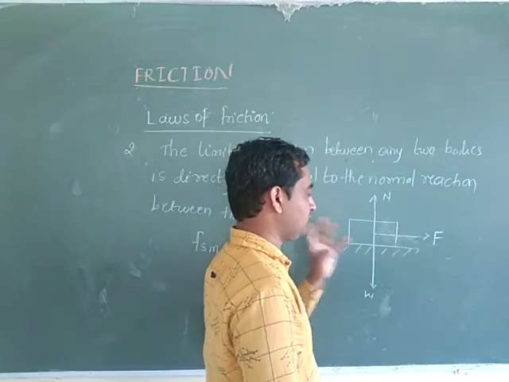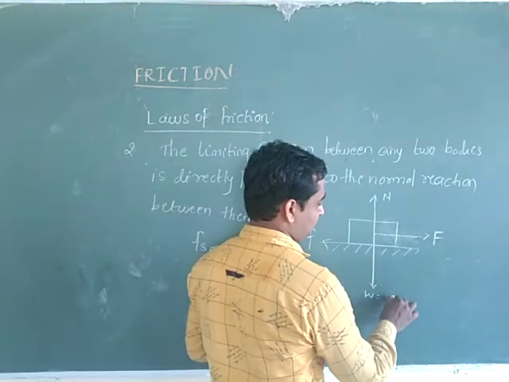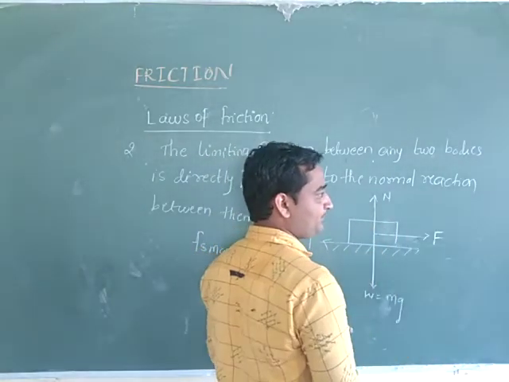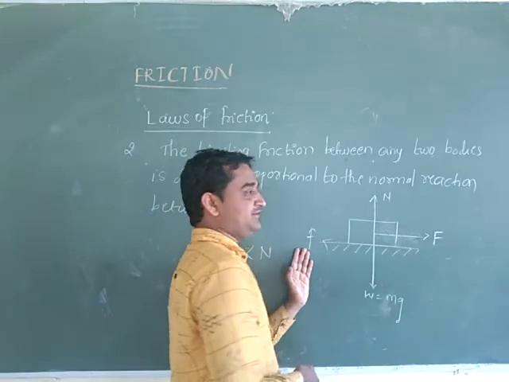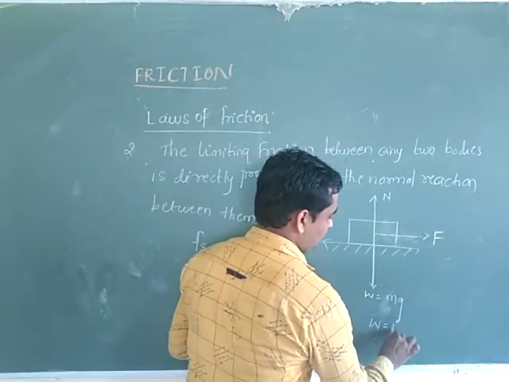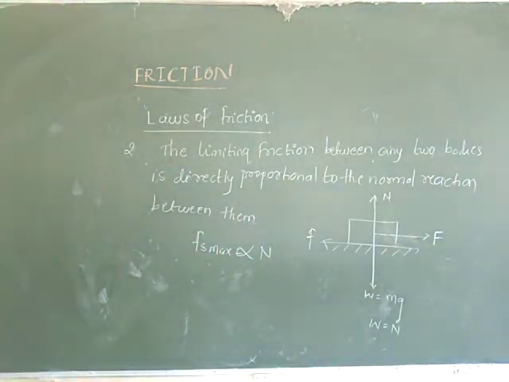So we have totally 4 forces here. One is the weight of the block, in the downward direction, W is equal to mg, and the applied force and the frictional force are both in the opposite direction. And here W is equal to the normal reaction. Now according to the second law of limiting friction between any two bodies, the